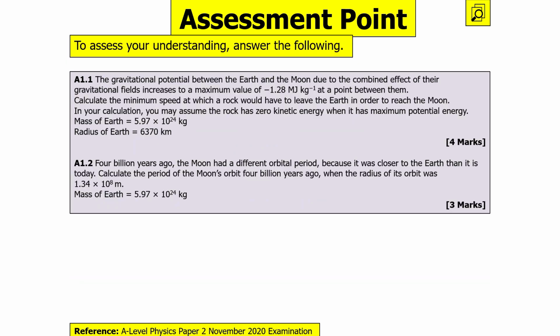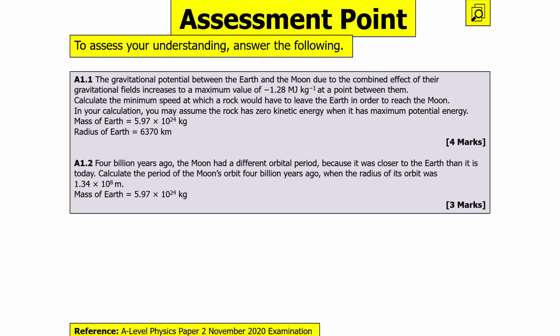The gravitational potential between the Earth and the Moon due to the combined effect of their gravitational fields increases to a maximum value of minus 1.28 megajoules per kilogram at a point between them. Calculate the minimum speed at which a rock would have to leave the Earth in order to reach the Moon. In your calculation, you may assume that the rock has zero kinetic energy when it has a maximum potential energy. The mass of the Earth is 5.97 times 10 to 24 kilograms, and the radius of the Earth is 6,370